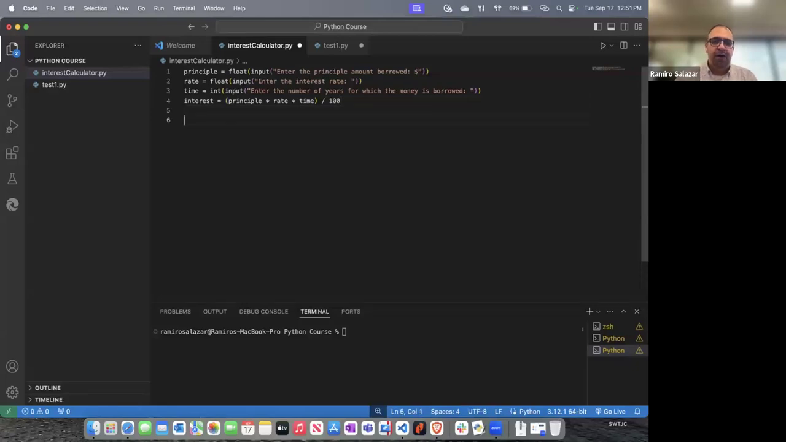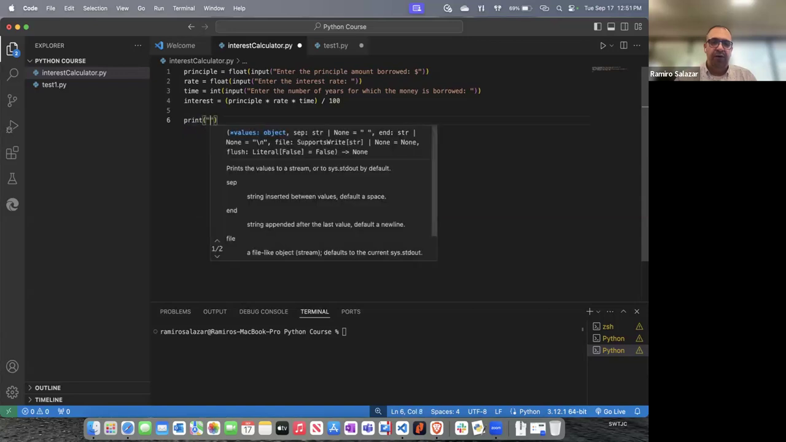And then for step 5, the last step would be to print out the interest to the user, display the results. So what I'm going to do is type in print, and I'm going to use the F string right here because I'm going to format this string and display the results of interest into this string. So I'm going to start that by typing print, open parentheses, F, double quote, and inside the double quotes, I'm going to say